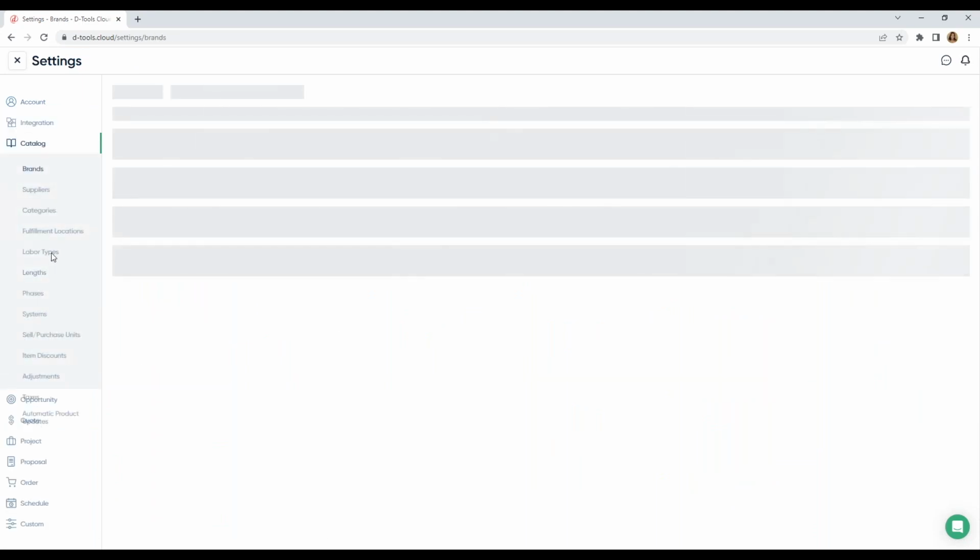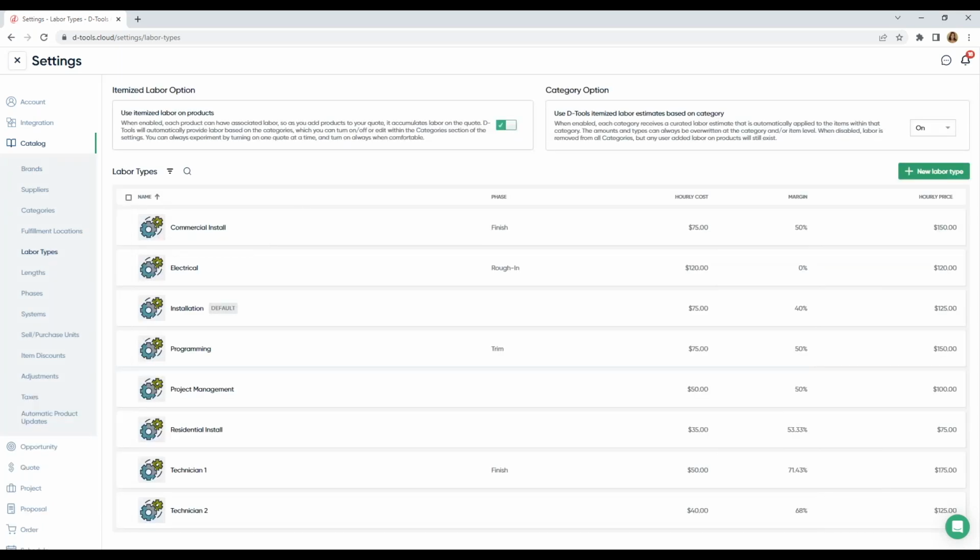With previous software that we used prior to switching to DTools, we used to do a lot of line item labor. I'd put a labor line item like install a pair of speakers, including wiring, with a longer description, not just a word or two about the type of labor. Like install a TV above a fireplace, including whatever. And